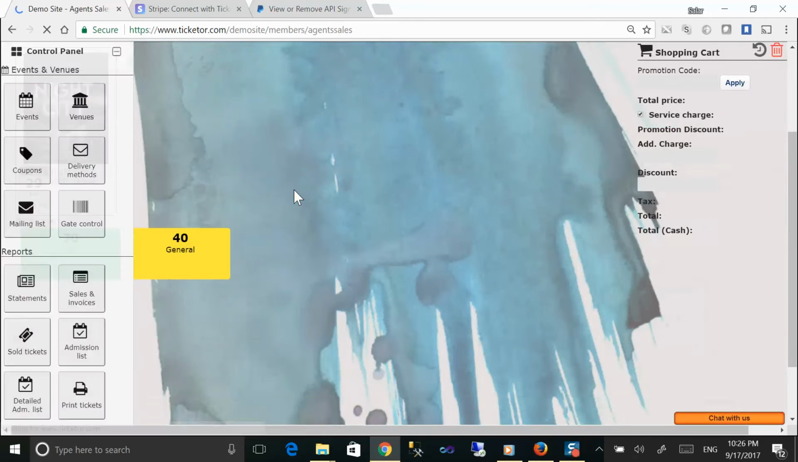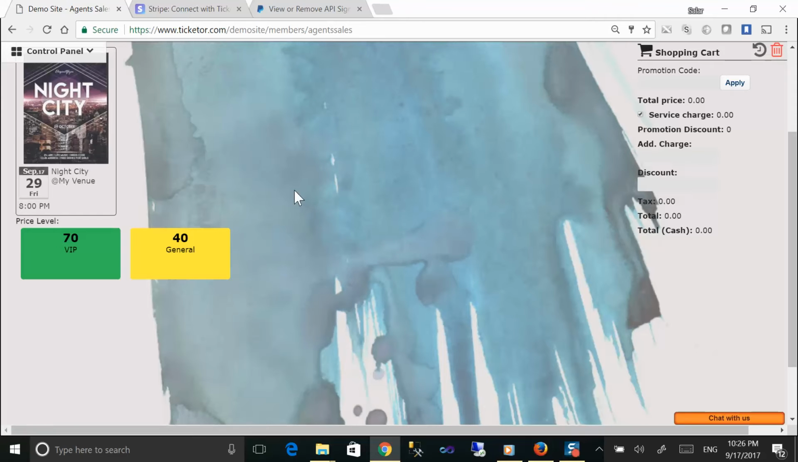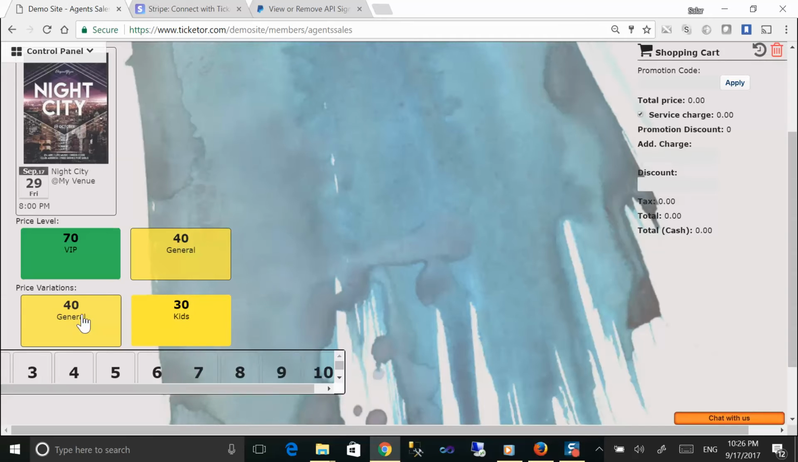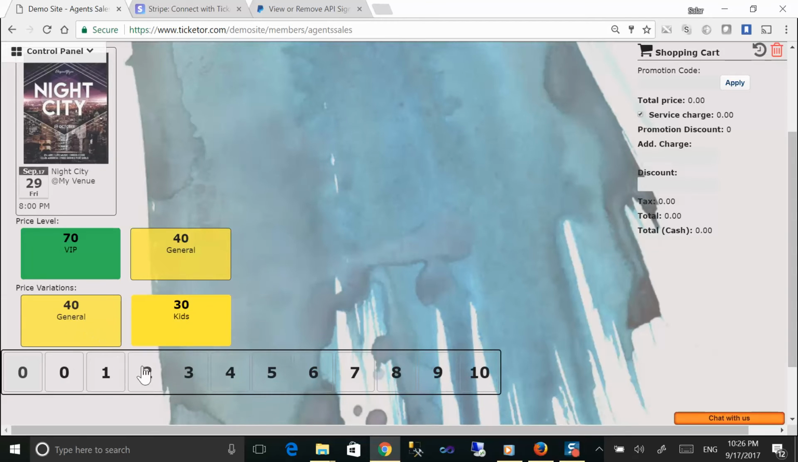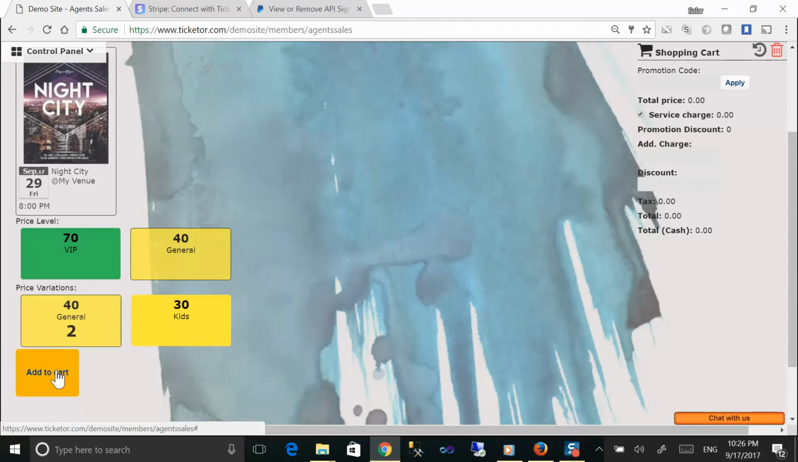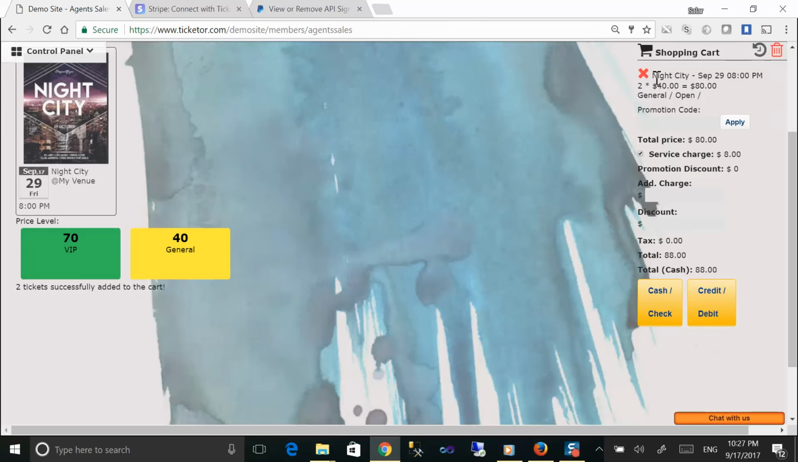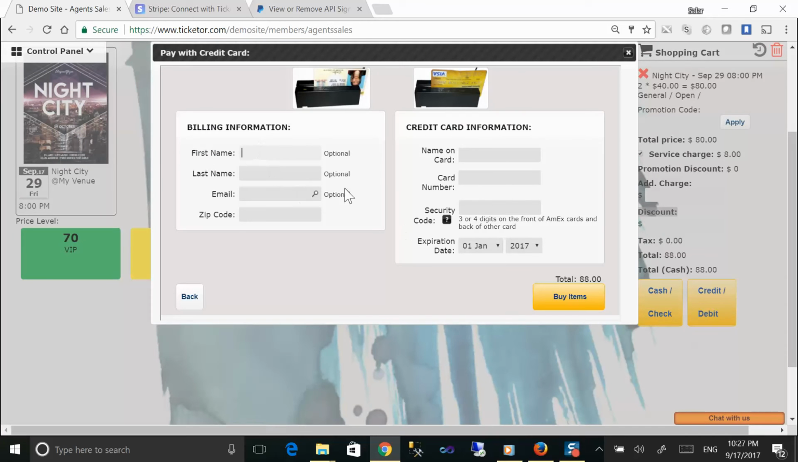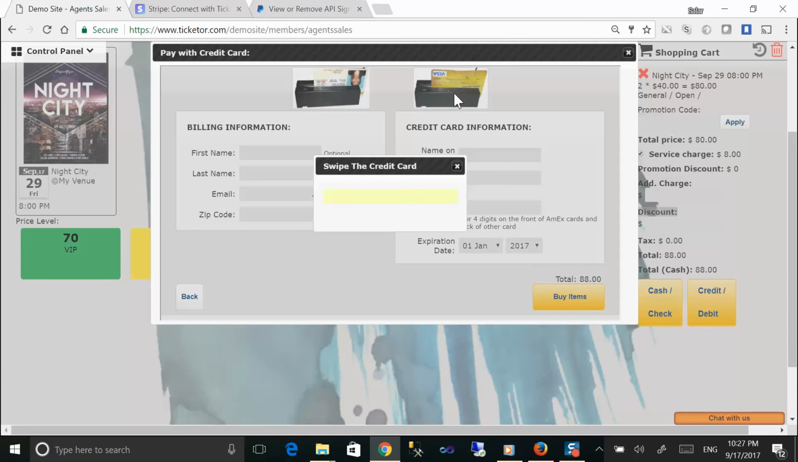This is a touch-friendly, fast mode sales page. Select the event, price level, and price variation, number of tickets, and then add them to your cart. Optionally, you can add discount or additional charge, and then you receive the money in cash or check or a credit card. You can either manually enter the credit card information or use a credit card reader to quickly swipe